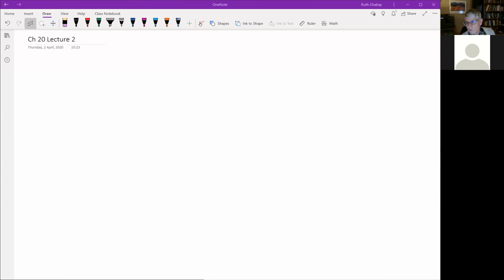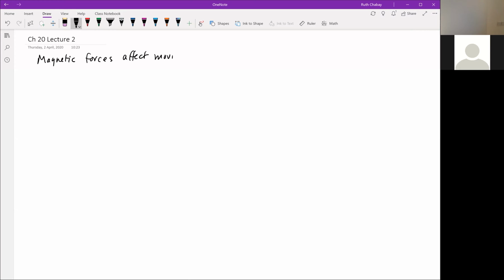To review, what I want to do is share screen. So to review where we've gotten to so far, talking about magnetic force, we found that magnetic forces affect only moving charged particles, that the force on one particle was given by the equation magnetic force is equal to QV cross B,